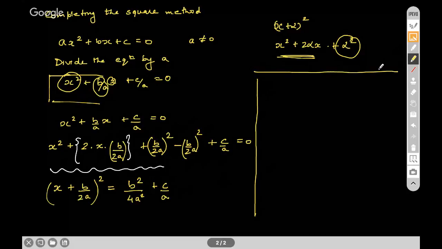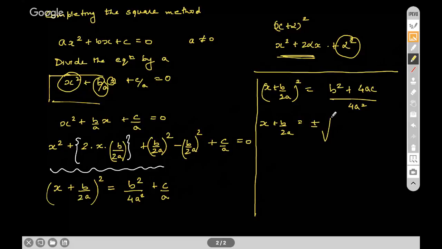So that I don't lose the continuity. Now, if you see from here, I can say (x plus b upon 2a) whole square is equal to b square plus, if you take the LCM and simplify it, 4ac by 4a square. So that means x plus b upon 2a will be nothing but plus minus under root b square plus 4ac upon 4a square. So hence, simplifying, you can say x is equal to minus b upon 2a plus minus,